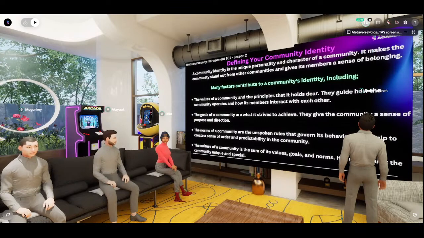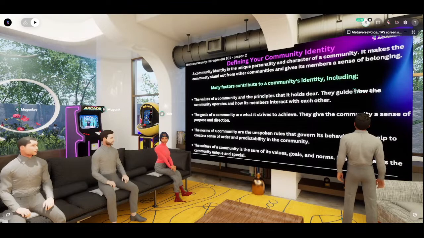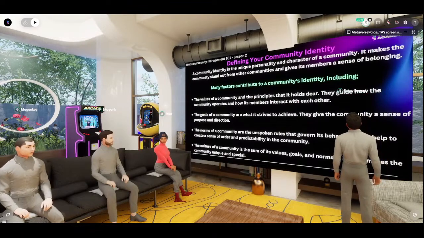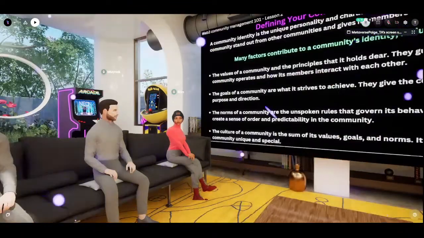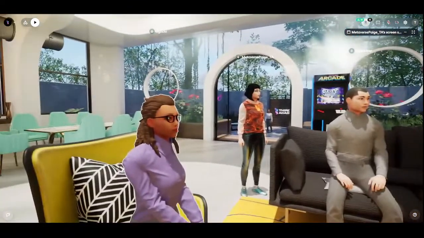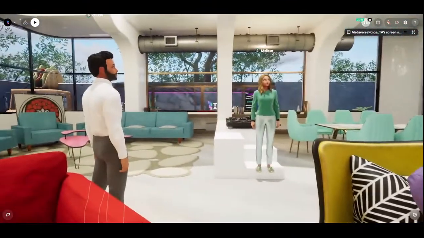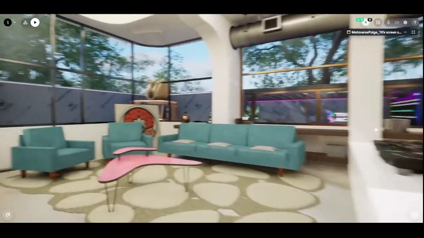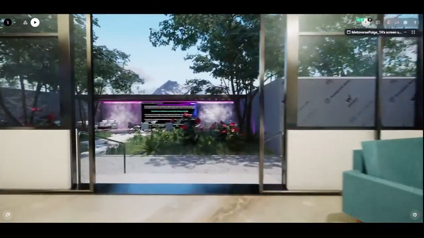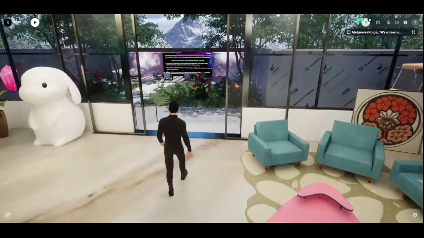Now, you can create a symbol system, a unique name. For example, at TED Academy, we have Teddy, right? I'm not sure it has a dictionary meaning, right? But it's something that we all connect with, right? So if I do merch and write Teddy on it, and a person who is a part of TED Academy sees me, they're like, hey, we connect instantly just because of that word Teddy, right? So different communities have different things that can help them connect.